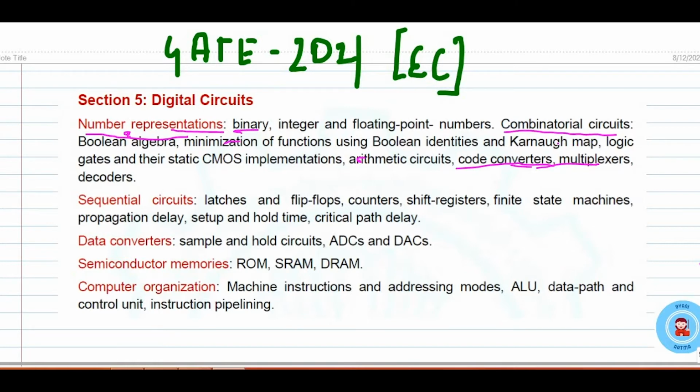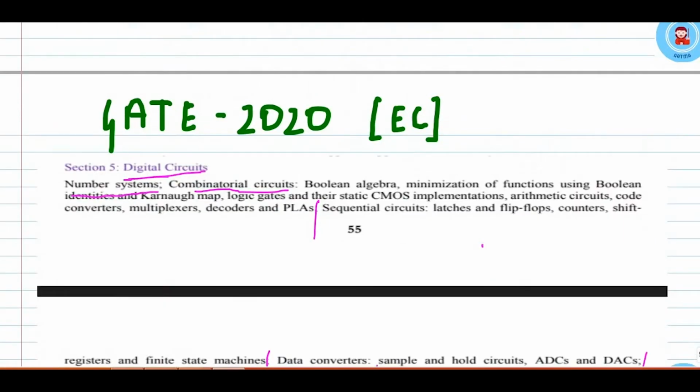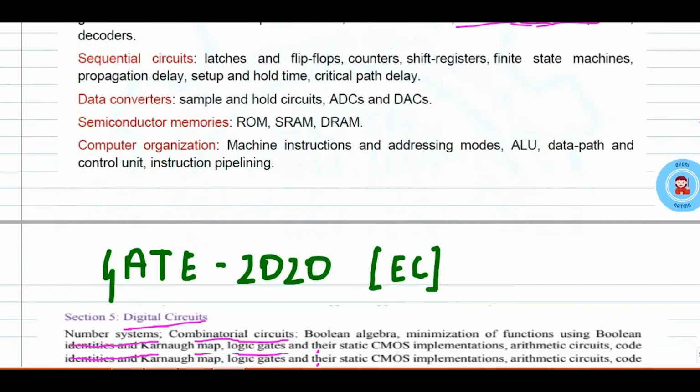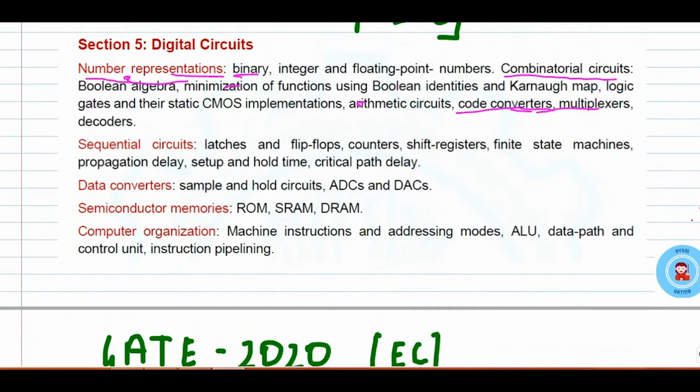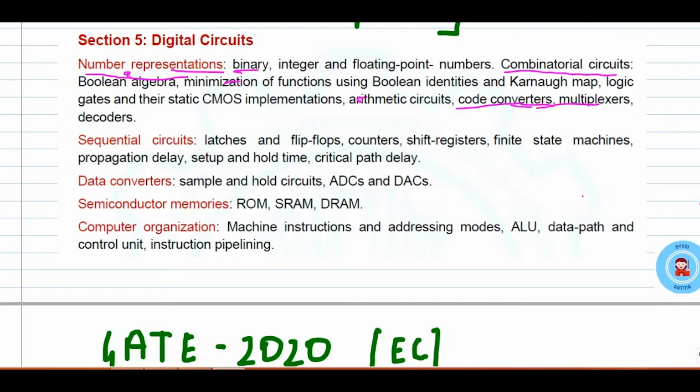So in the very first chapter, as you can map it with last year, the number system and combinational circuit remain as they are. The only change is they have PLA here with decoder, but it is removed over here. So hardly a change. I suggest that all EC people should still read what is PAL, what is PLA, and what is ROM. This is very basic and you should know this.